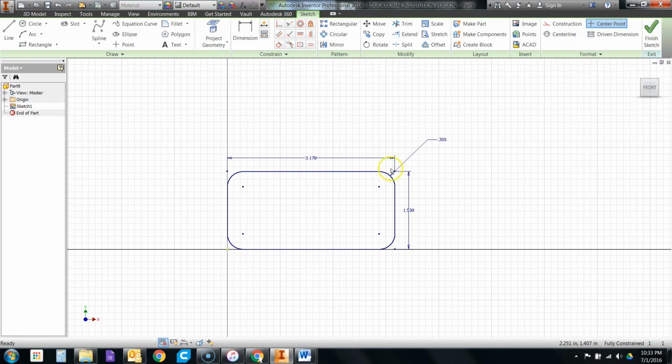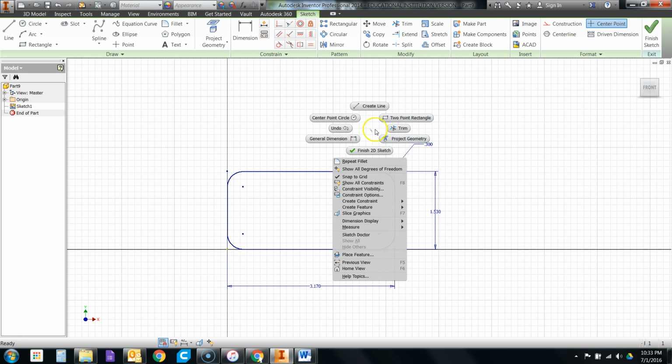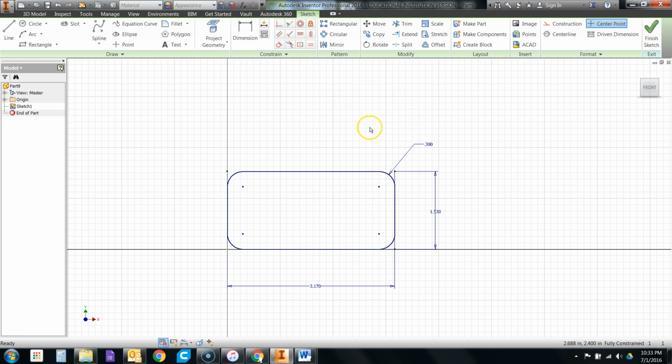I'll finish the sketch, but before I do, I want to move some dimensions around just to show you that I can drag this guy down here, and I can drag this guy out here. Later we're going to add some more dimensions, so moving them might be useful for you, just for your own benefit. If you're okay with where they are and can read them, it's perfectly fine. Just make sure that nothing else is selected, and you can make sure of that by coming in on your keyboard and hitting the Escape button a few times, or right-clicking and finding the button around here that says Cancel, or the one that says OK. We'll finish the sketch,